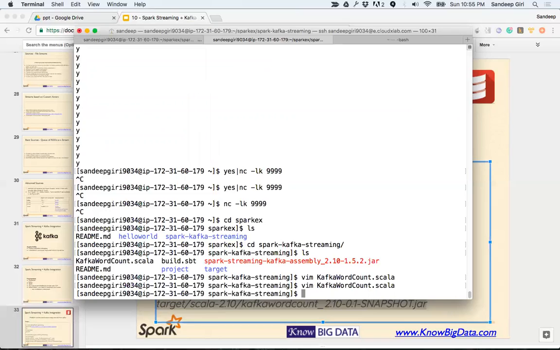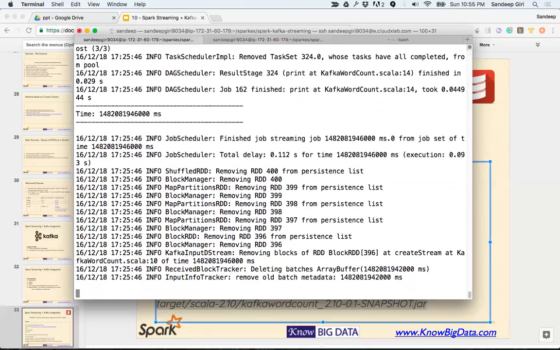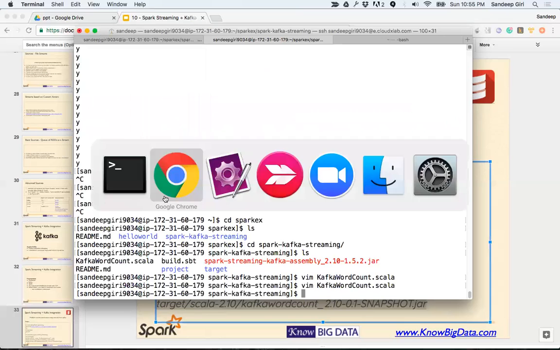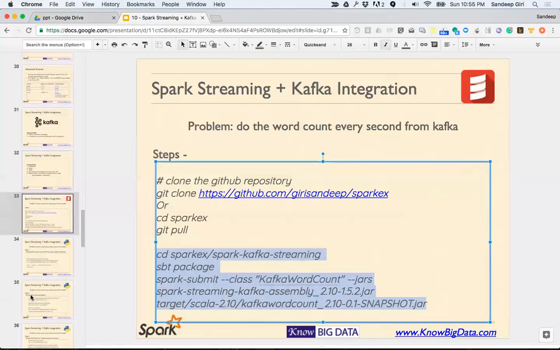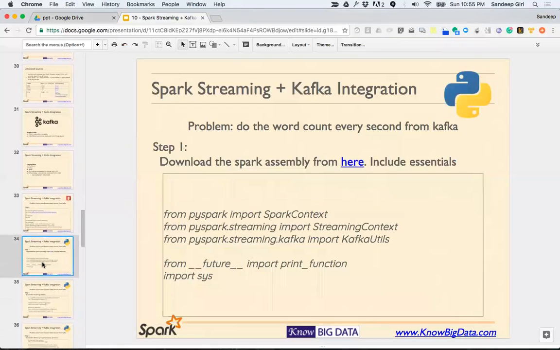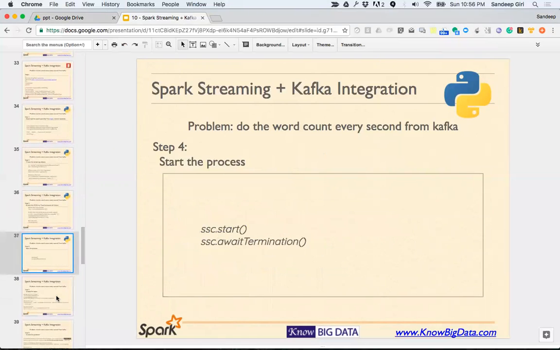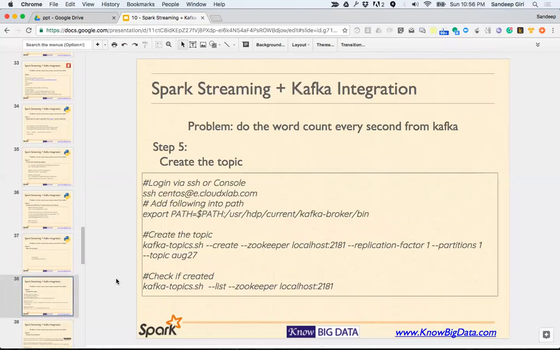Now this one is running parallelly on one end. And now let's try to do some more things. This is the same thing what we had done. Now on the other side, we are going to